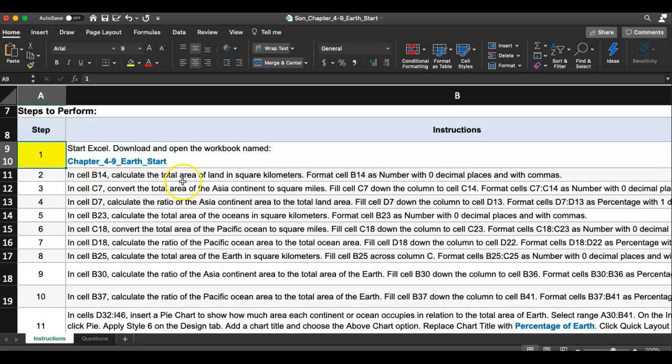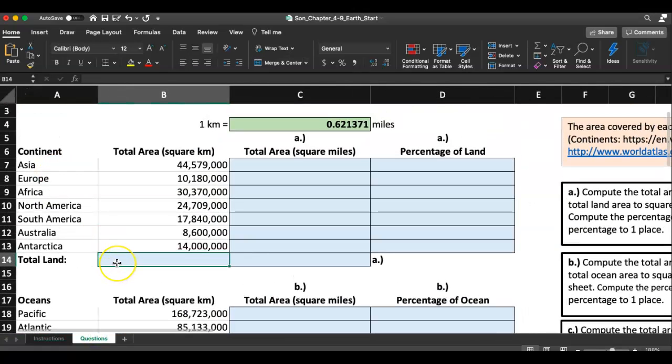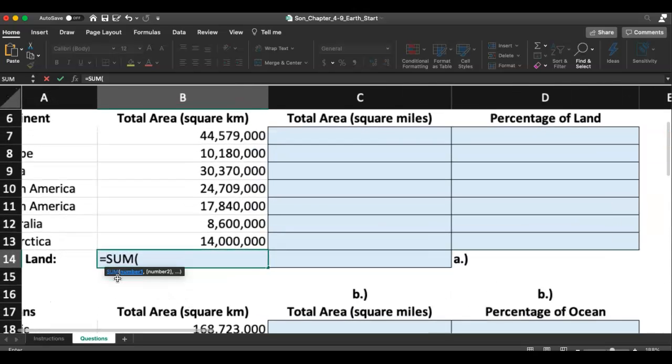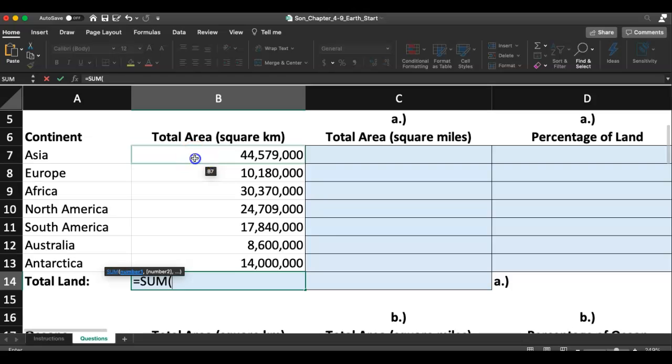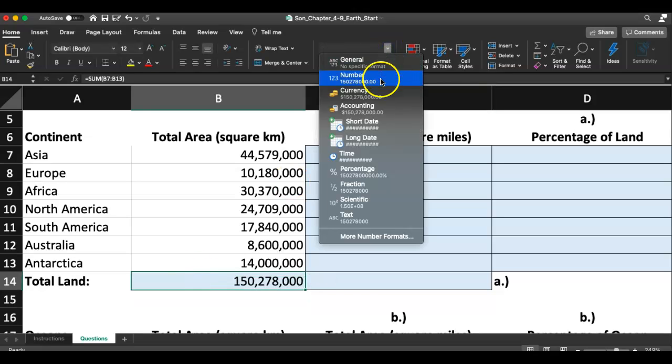In B14, calculate the total area of land in square meters, and we're going to format it as number with 0 decimal places with commas. Okay, B14, right here. So take a look. In B14, type in the equal sign. When they want total, we want to add them all up together, right? So type in SUM, or if you used it recently, you can click on the sum function. I have equal sign, sum, a parenthesis, and I'm going to click from B7 to B13. I'm adding all these numbers together. I'm going to hit enter, and they wanted you to format it as number with commas,